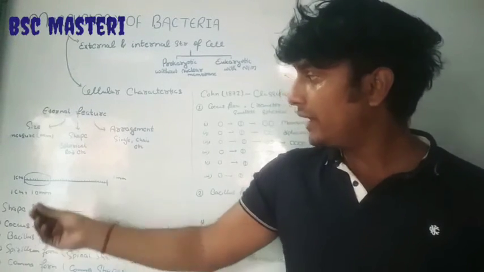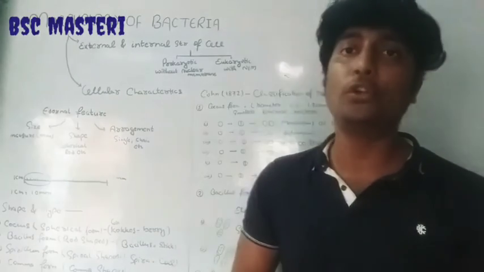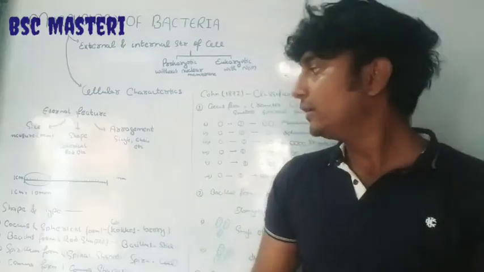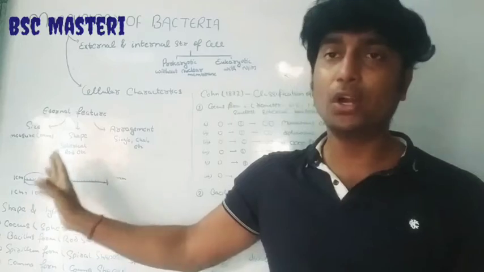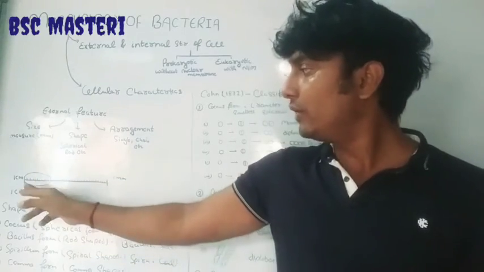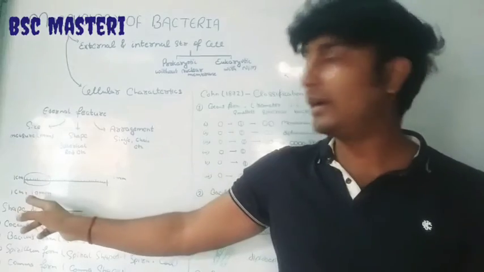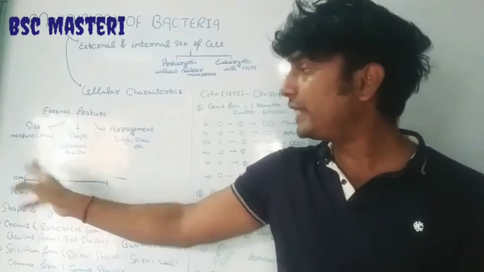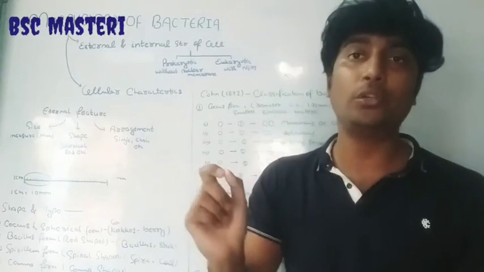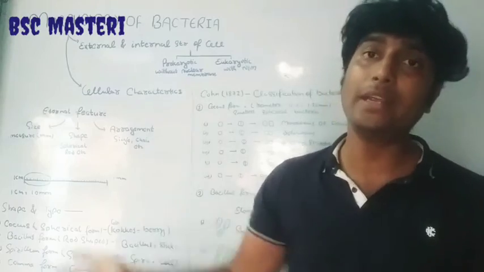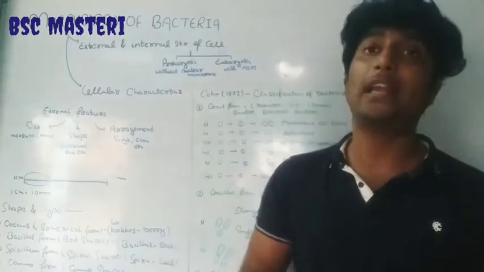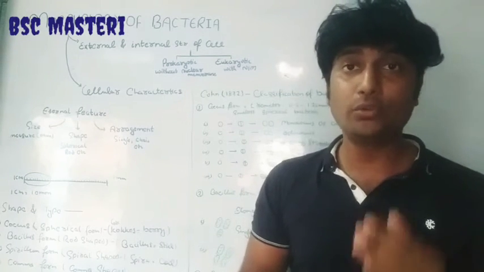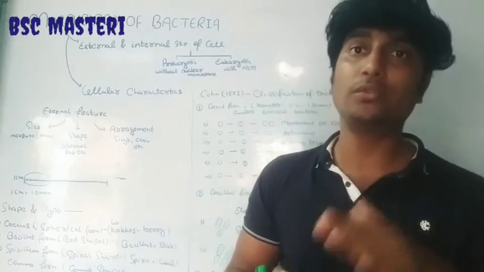If you want to understand the micrometer, look at a ruler scale: you see 0 to 1 with a division of 10 pointers. Each one centimeter represents 10 micrometer. So the micrometer is such a small unit that it cannot be seen with our naked eyes, and that is why we use the micrometer to describe bacteria shape and size. Bacteria are microscopic organisms, and we use a microscope to see them.